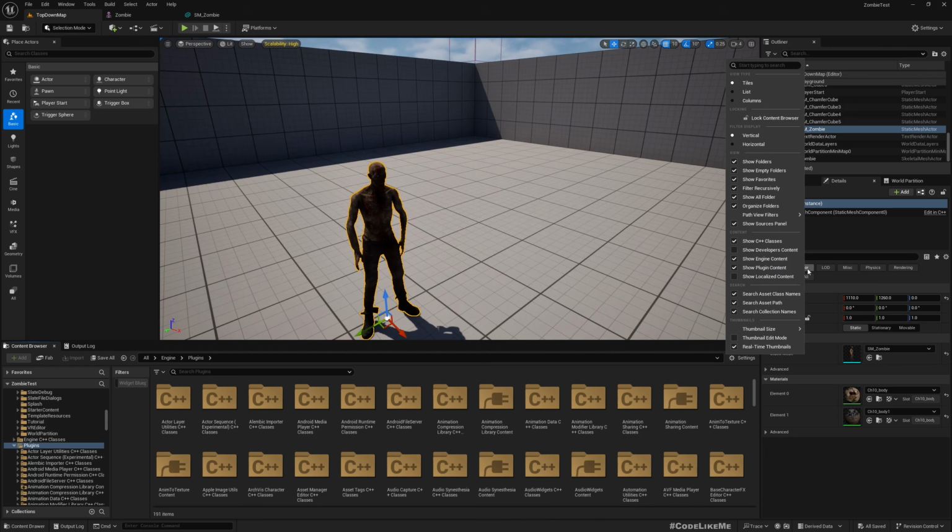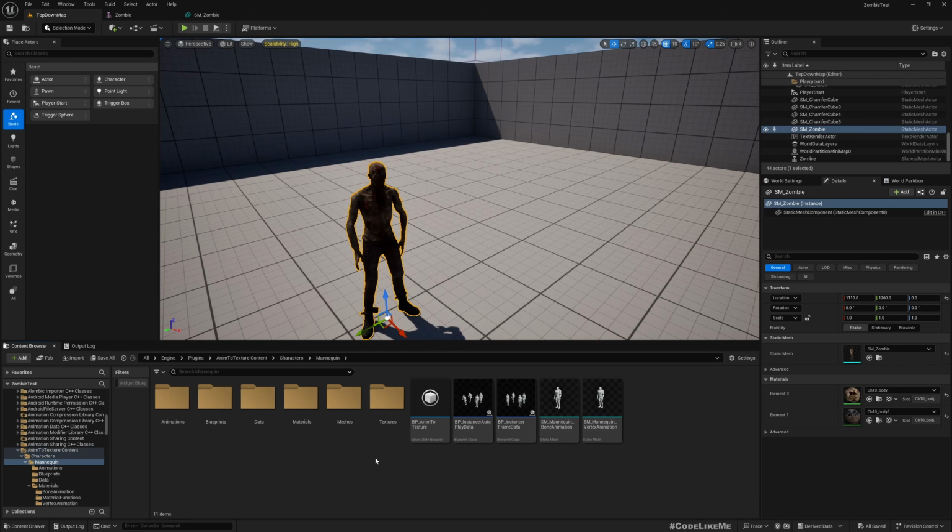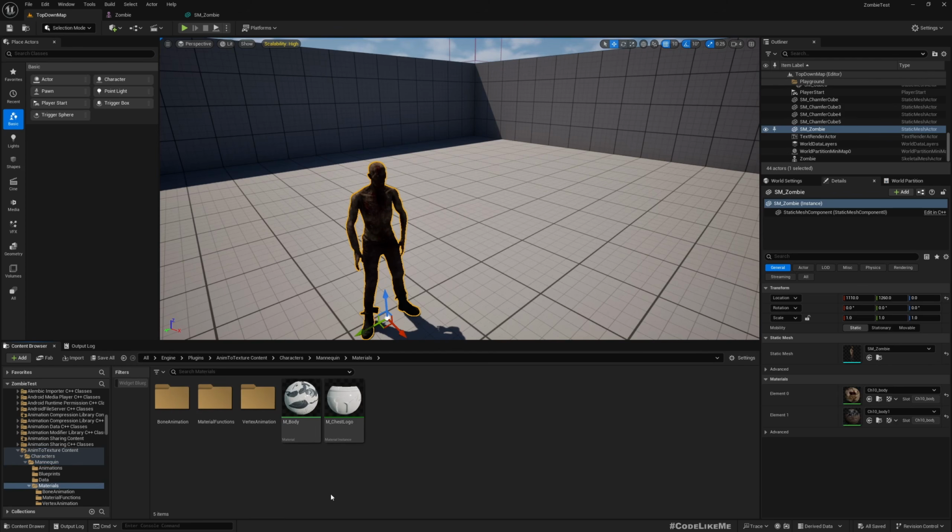In order to see this, make sure that you have enabled show plugin content, and maybe show engine content also, but maybe not. Okay, just enable those two if you don't see. And then under plugins, go to this AnimToTexture content, and here if you go to this characters, mannequin, and materials,